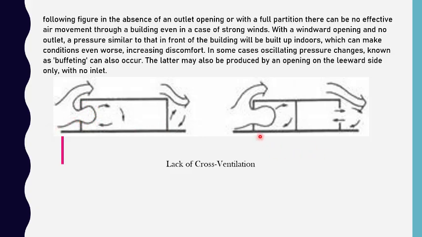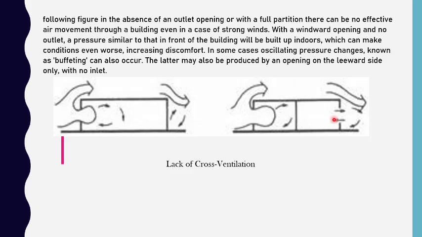Whereas in the second picture, you can see you have a partition wall in between, which is obstructing this air from flowing to the next area. But in the first case, the circulation would be better, though they have a single opening, because the air is able to circulate properly because of the lesser width of the room. Whereas in the second, you can see the air is not able to get inside because the opening is